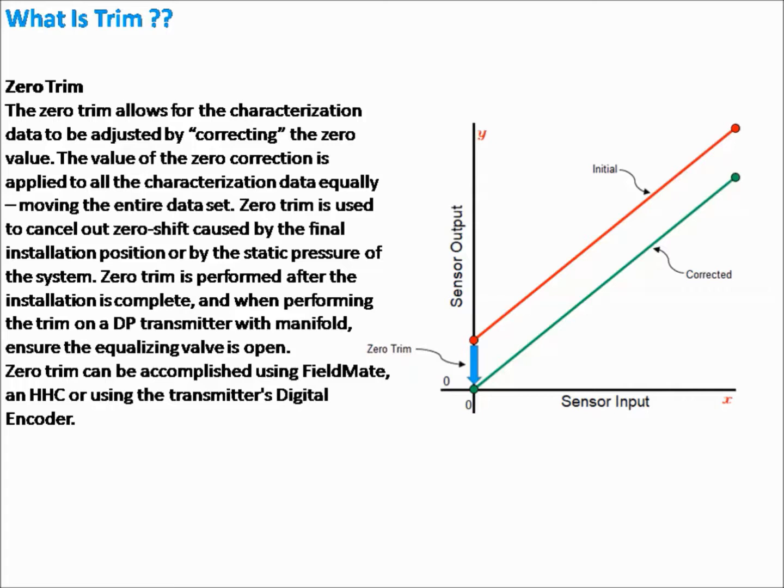So you can see the figure. In this figure, the red line is the measured value. When there is zero flow, the red line appears. So it is clear that it is showing the wrong value, some value in zero condition, which is not desirable in your application. So now we have to do zero trim. After zero trim, the green line should appear. The green line is the ideal case in case of zero flow.